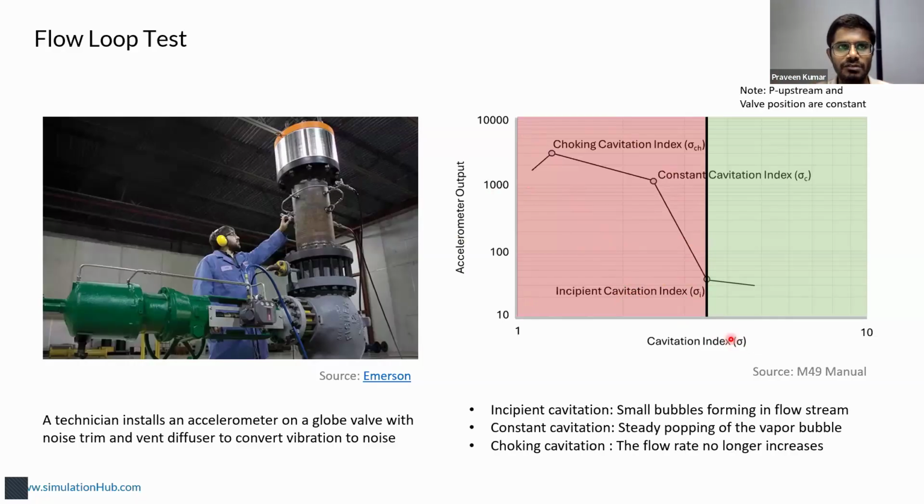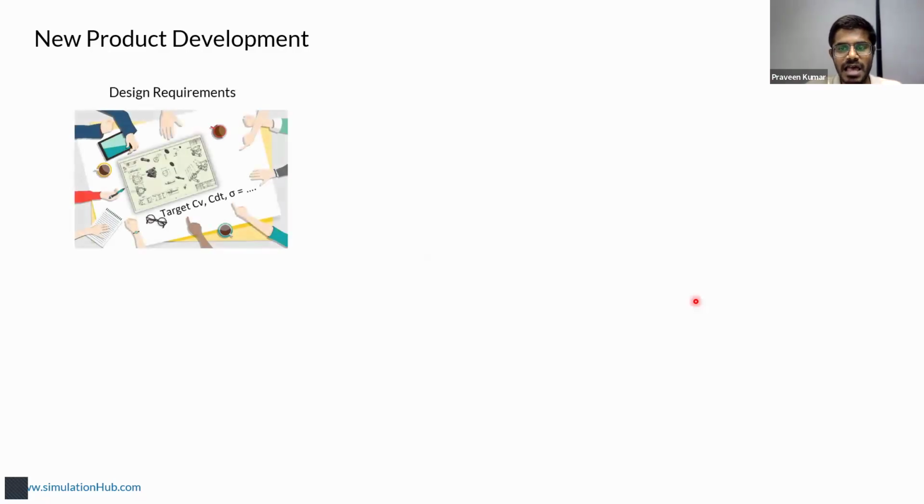Okay. So the valve manufacturer is supposed to provide incipient cavitation index for each and every opening of the valve, for every size and step. Okay. So I'll explain what happens in a new product development. So I think the fundamentals are set now. So I can press the pedal and accelerate into the topic